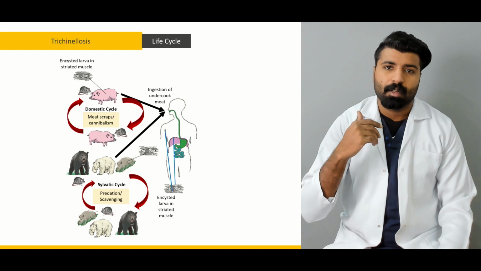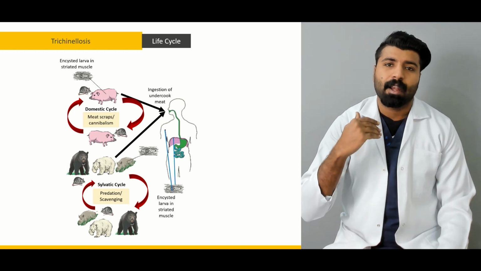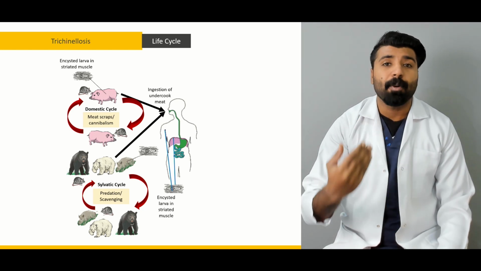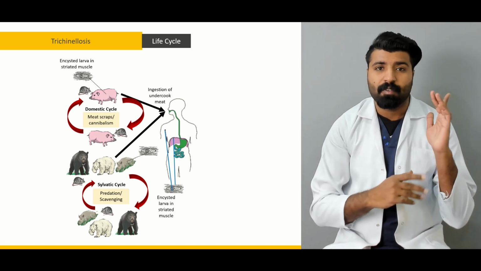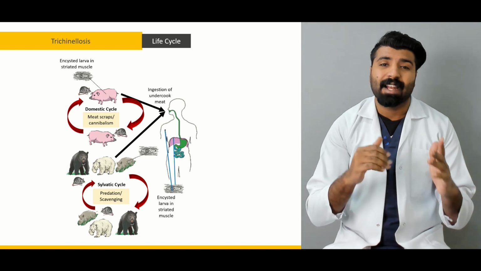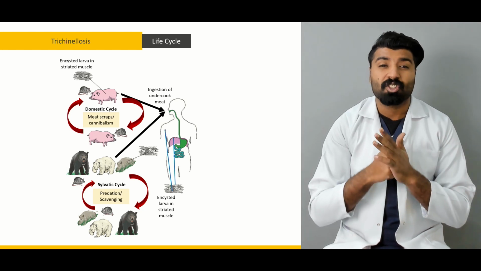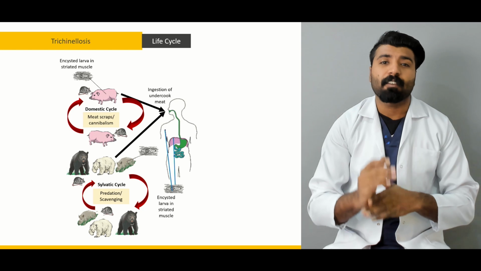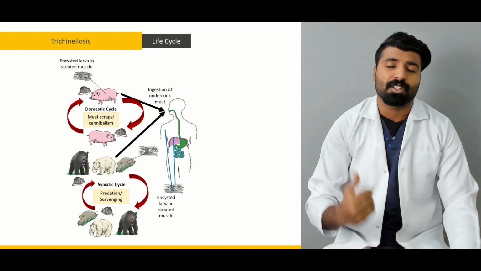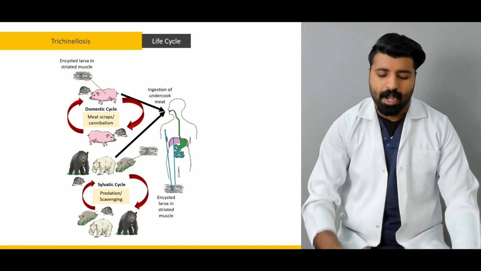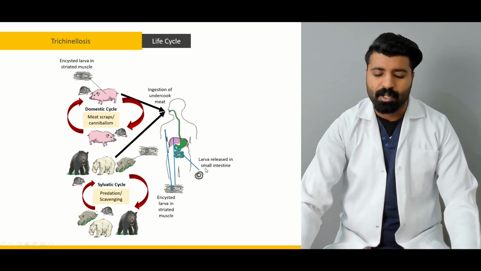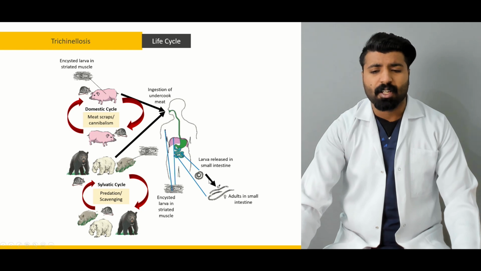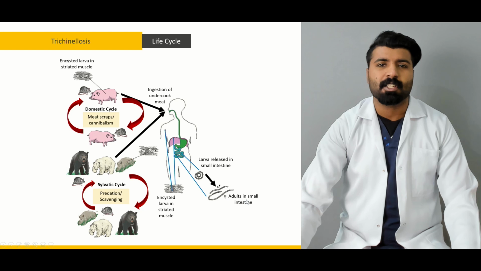So they multiply, they advance, then they start reproducing and produce their larvae. These larvae migrate into our muscles. They get embedded there in those striated muscles like cysts. And afterwards, when they mature and are adults, they move into the intestine again. As I told you, these larvae released in the small intestine migrate into the muscles, and when they're adult, they come back into the small intestine.